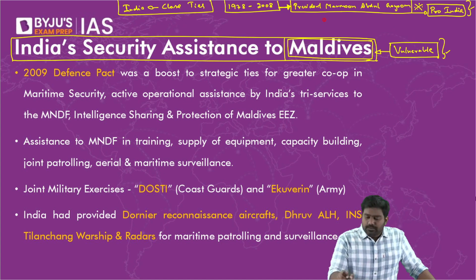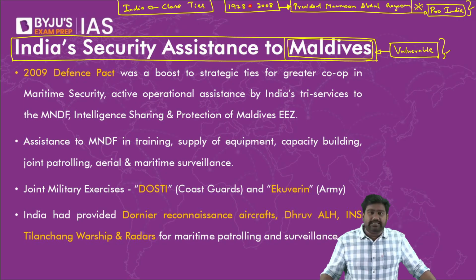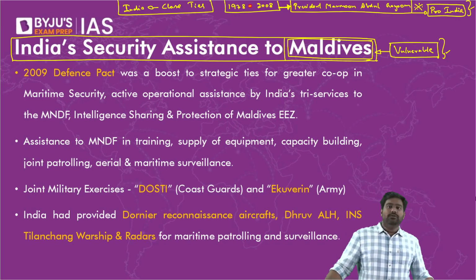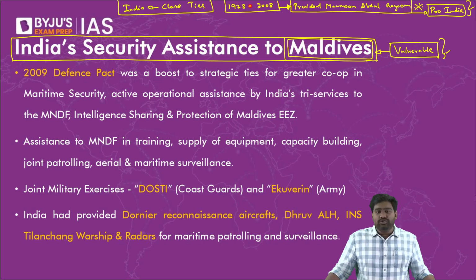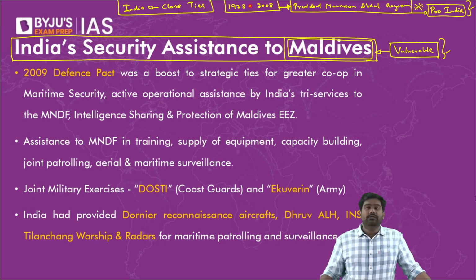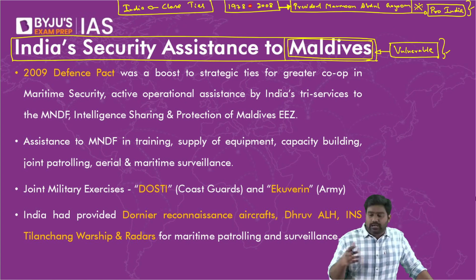All right. It was Maumoon Gayoom who was threatened in 1988 by a Tamil militant group called PLOT from Sri Lanka. So when he faced this security crisis, when there was a risk for his life, for his government, he reached out to India asking for India's help. India was the first responder. We launched Operation Cactus, deployed our forces and threw out these militants, threw out the infiltrators and protected the president and the Maldivian government.